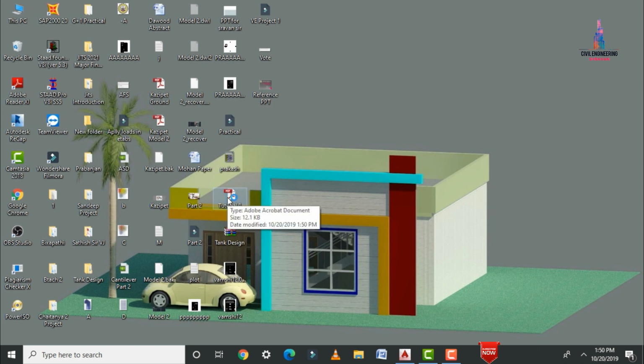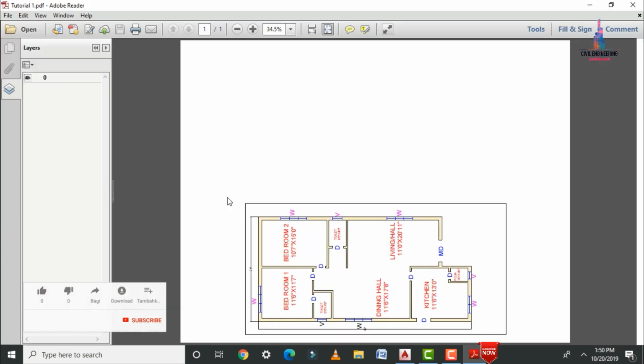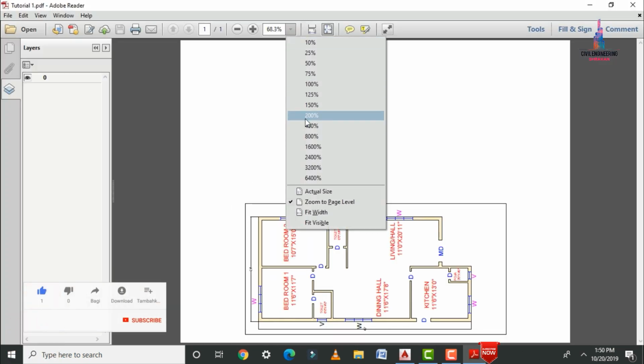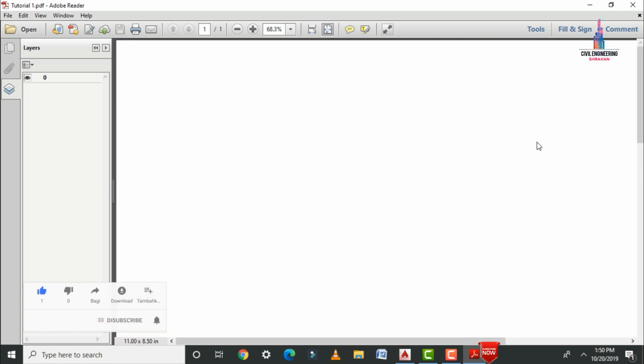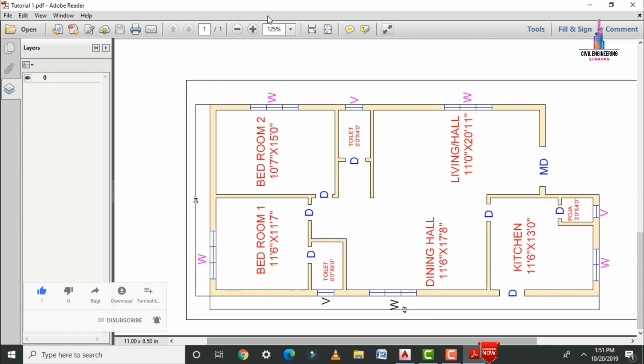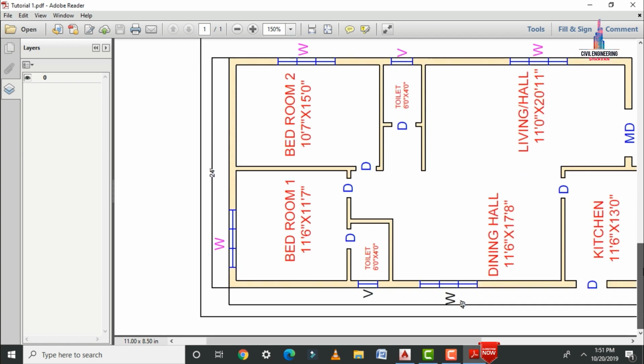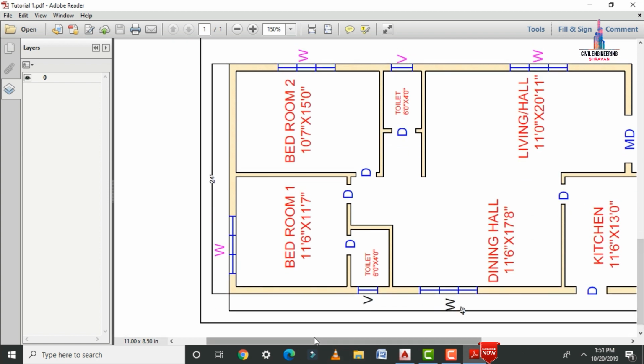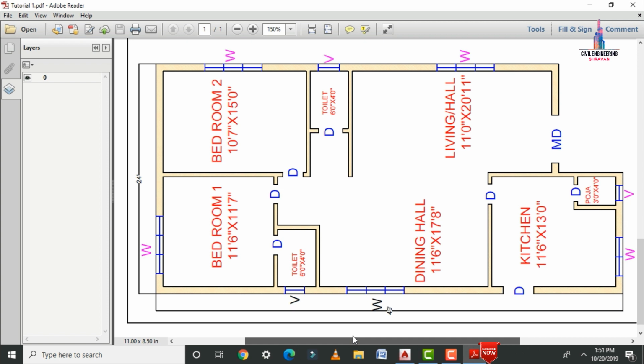It consists of your floor plan for the east facing direction. Basically this is our floor plan. As per our considerations, we are drawing the floor plan for the east facing direction. So this is the complete floor plan drawing process using AutoCAD 2D software. In my upcoming video I will explain how to draw the center line diagram and how to draw the beam layout for this floor plan using AutoCAD 2D commands. Okay, so this is the process.